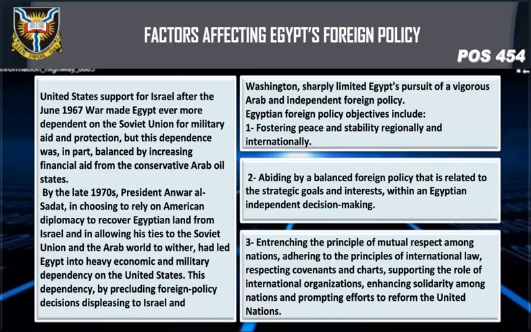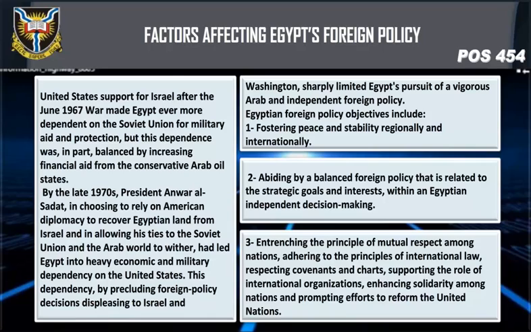By the late 1970s, President Anwar al-Sadat, in choosing to rely on American diplomacy to recover Egyptian land from Israel, and in allowing his ties to the Soviet Union and the Arab world to wither, had led Egypt into heavy economic and military dependency on the United States. This dependency, by precluding foreign policy decisions displeasing to Israel and Washington, sharply limited Egypt's pursuit of a vigorous Arab